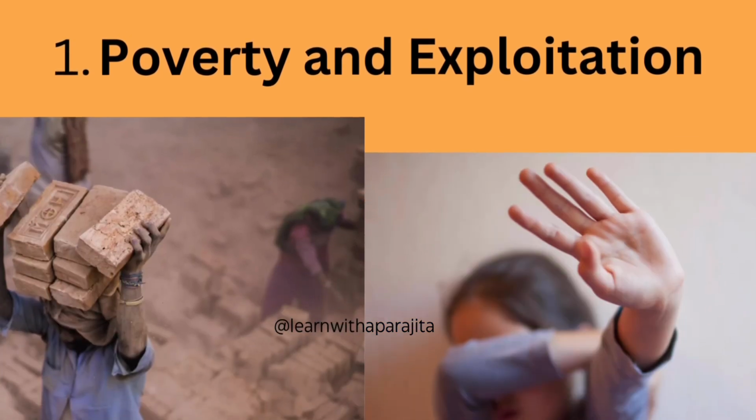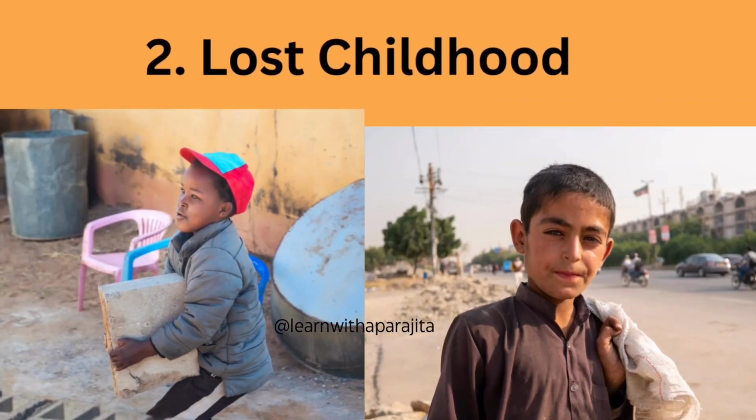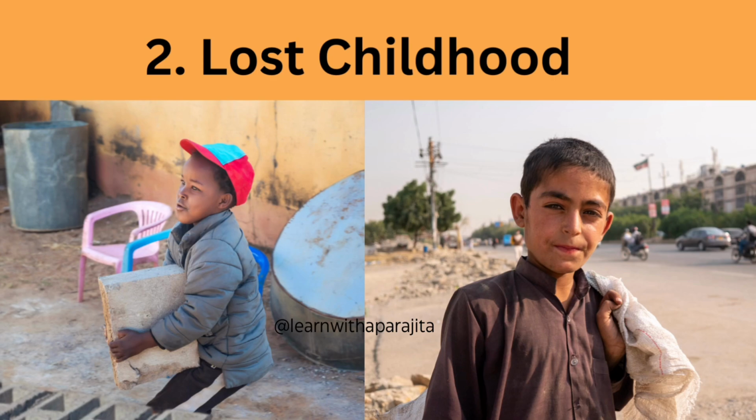The story strongly portrays how poverty forces children into labor, robbing them of their childhood and education. Saheb and Mukesh represent the millions of children trapped in similar situations. Poverty is the root cause of exploitation in both cases. Saheb and Mukesh both lose their innocence. Instead of enjoying their childhood, they are burdened with adult responsibilities. The story illustrates how these children are deprived of their basic rights and opportunities.